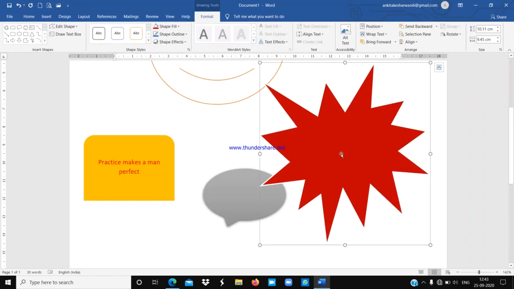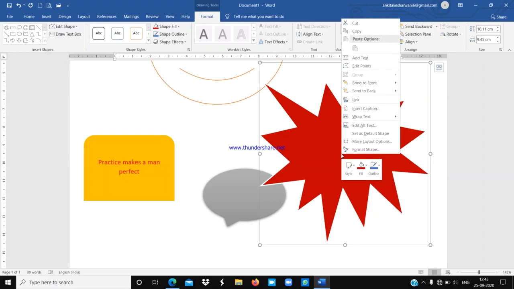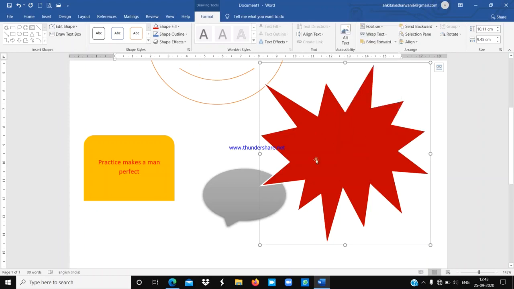If I want to write something here, I have to right click on it. If you want to insert or write something inside a shape, first you have to select the desired shape, then right click on it.